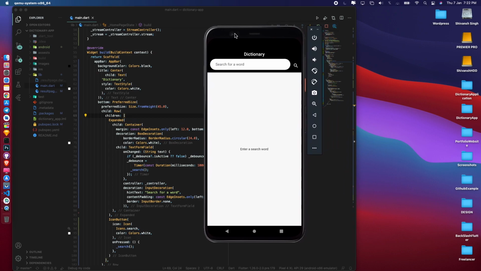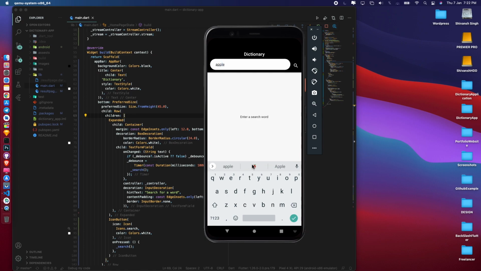Hello everyone, in today's video we'll learn how to use an API to fetch data into our Flutter application. So we'll be creating this dictionary application in which if I enter a search query, it will take that query and display the meaning of it, alongside the image if an image is provided by our API provider. So you can see that if I write Flutter, it will search for that query and display the result.